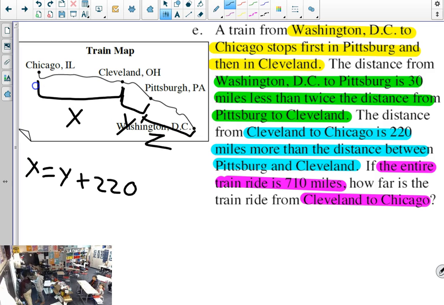And then Y was just Y. And Z was 2 times 1 minus 30. And so our equation